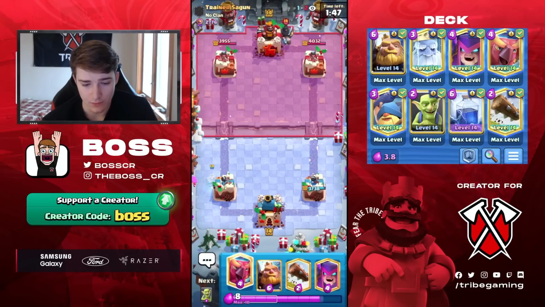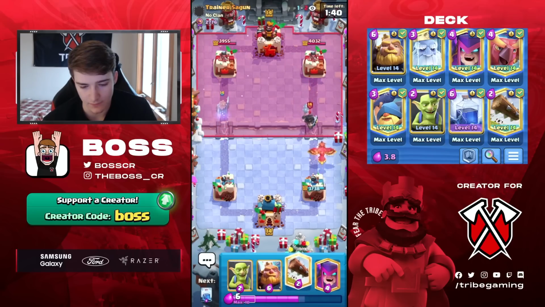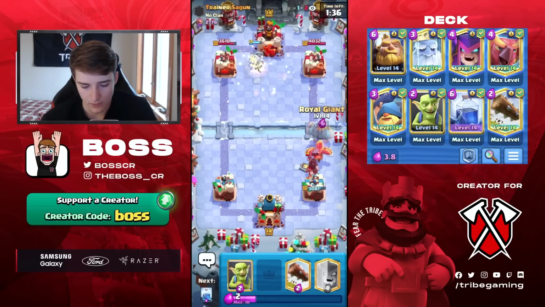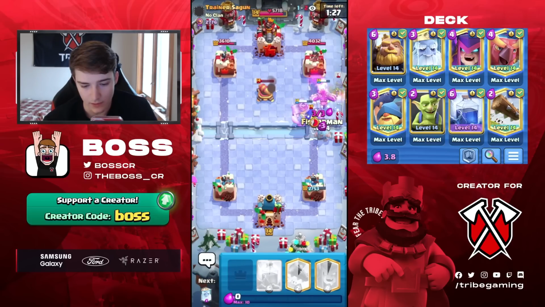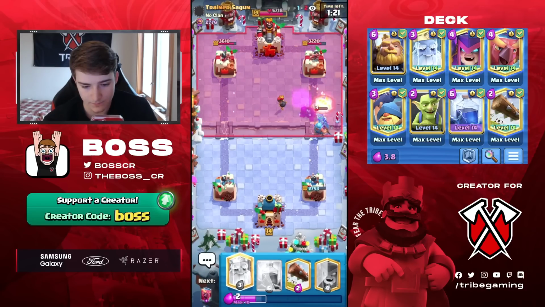So, this guy's gonna go for a Dark Prince in the back here. I guess I'm gonna go for a Phoenix on it. The Dark Prince is actually kind of annoying. We don't really have... I'm gonna go in here because he just used his Tornado. He does go for the Cannon. He already used the Queen ability. Alright. We might get that to hatch unless he's got...